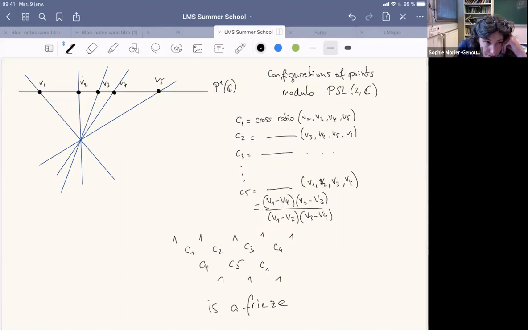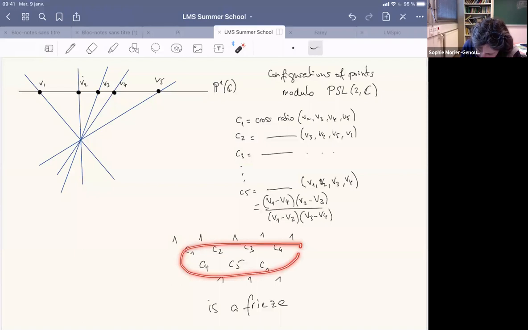And this can be generalized, and actually it was kind of the starting point of Coxeter. So this was noticed by Coxeter, and the idea was to understand what happens if we have bigger arrays. Do we still have this? Sorry,